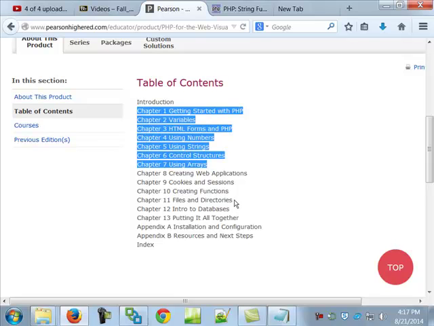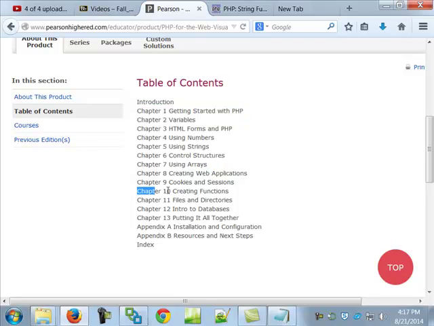After that, we'll be about halfway done with the book. All right, when we get to that point, I'm going to change the order a little bit just so you see this. I'm going to go over functions and then directories. So I'm going to do 10 and 11, and you won't get any homework on those. But then we're going to come back and do 8 and 9,